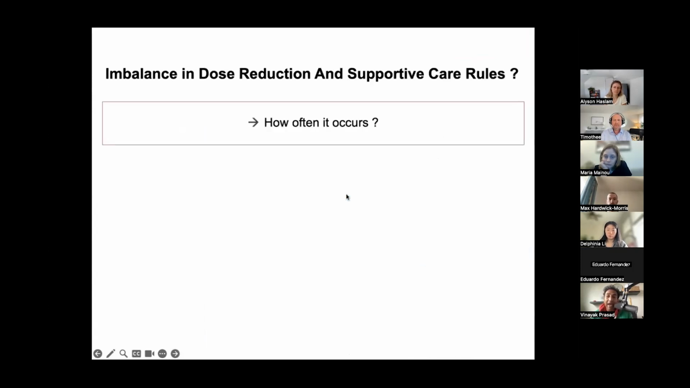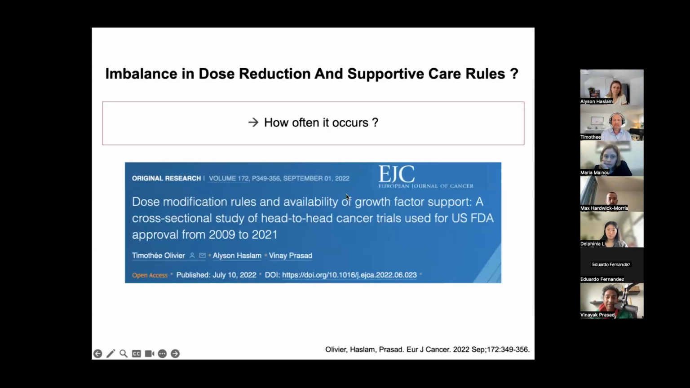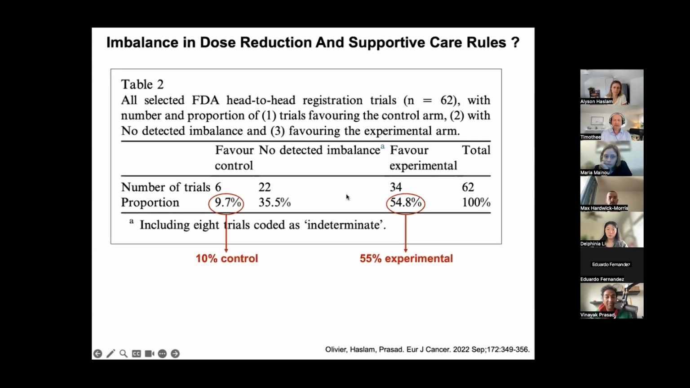So how often does this happen? Does it occur? This is the paper by Timothy, and I'll let him walk you through it. Timothy, so what did you find when you looked at all the clinical studies on this topic? I mean, yeah, that was really fascinating. So we basically selected all the trials where we could compare such rules of dose reduction and supportive care rules. And in 55% of the cases, those were favoring the experimental arm. So this was really astonishing,